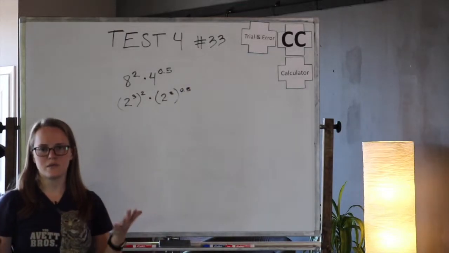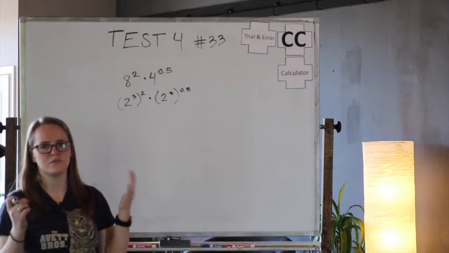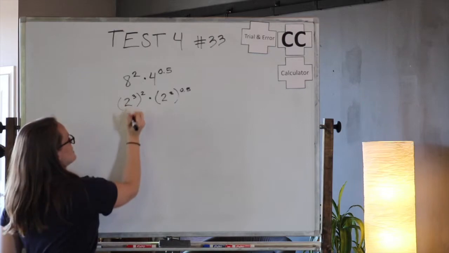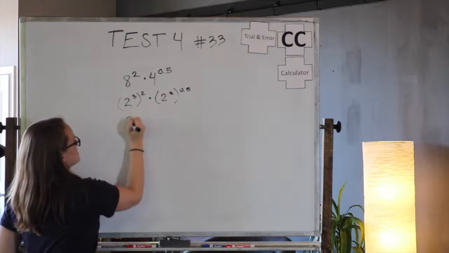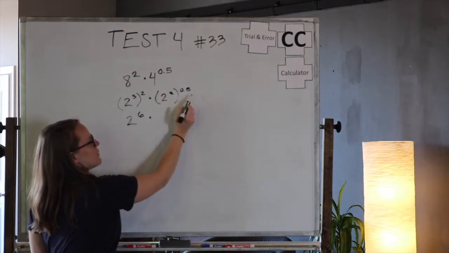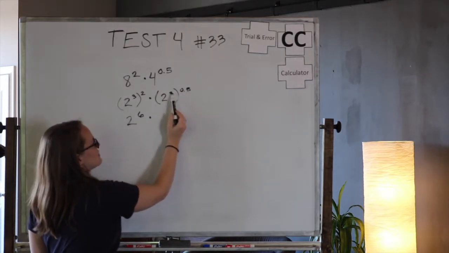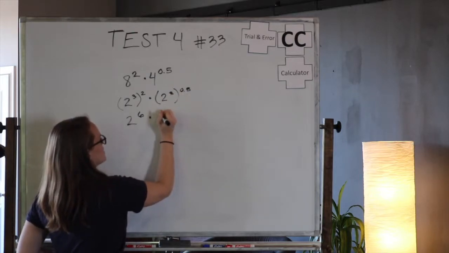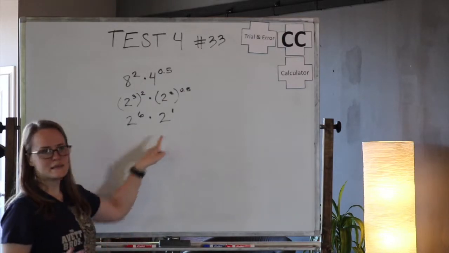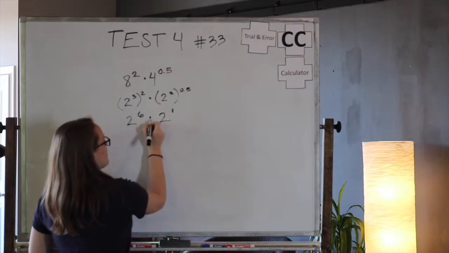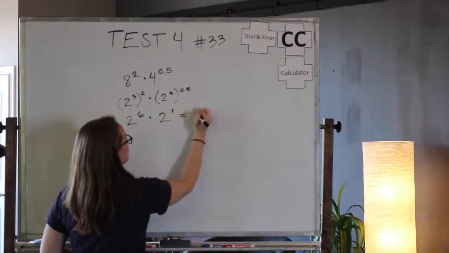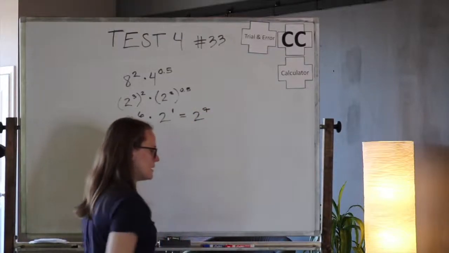And now we can use our exponent rules, which you might remember, to do this. So when you're taking an exponent to another exponent, you multiply those. So 2 to the third squared becomes 2 to the sixth. This is 2 squared to the 0.5, so that's 2 times 0.5, which just becomes 2 to the first. And now, since these have the same base, we can combine them. And when you're multiplying two numbers with exponents, you're going to add them together. So this is equal to 2 to the 7th, and that is